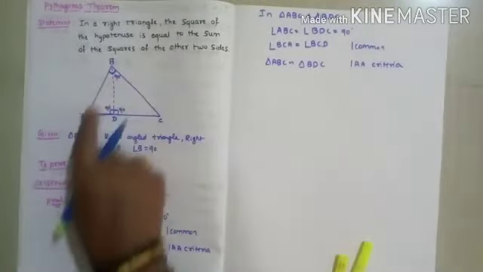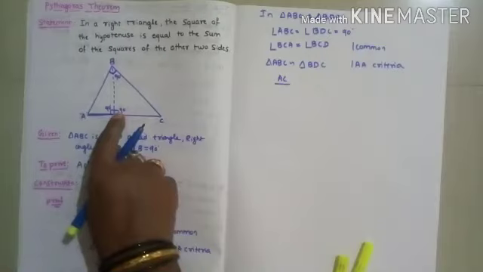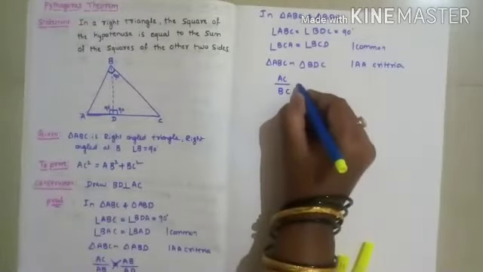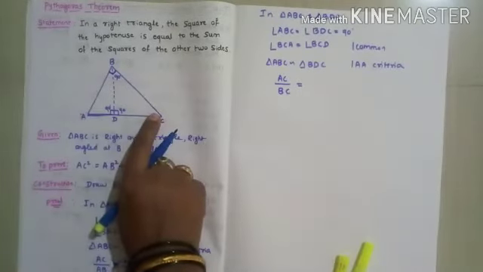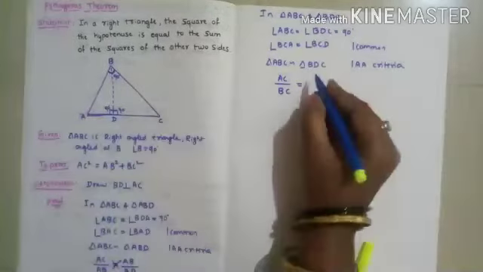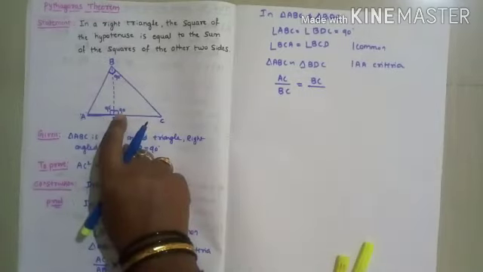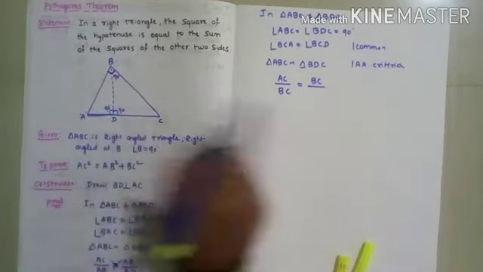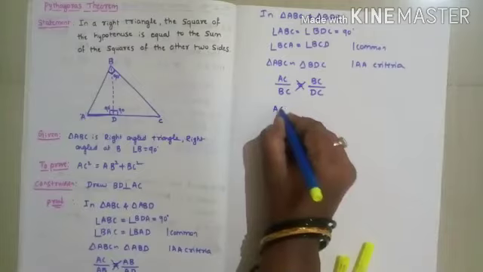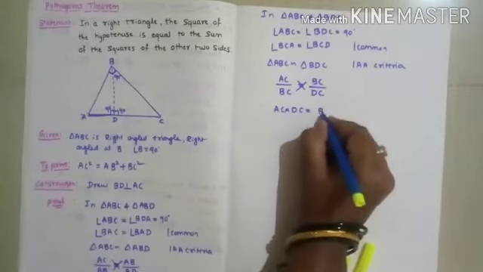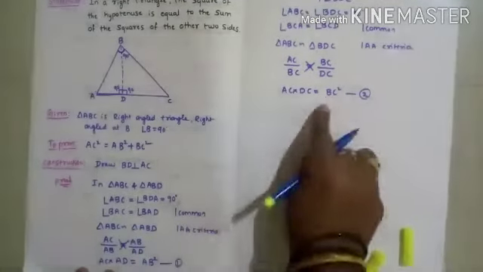Now in triangle ABC, the 90 degrees opposite is AC only. AC divided by, in triangle BDC, 90 degrees there, this is BC, is equal to, here also we should not consider the common angle. In triangle ABC the common angle is C, so don't consider C, then A's opposite is BC, BC divided by, in the triangle the C angle you should not consider, the 90 degrees we considered already, then vertex B will remain, so DC. Now cross multiply it. BC transfer here, DC transfer here. AC into DC is equal to BC square. This is equation 2.